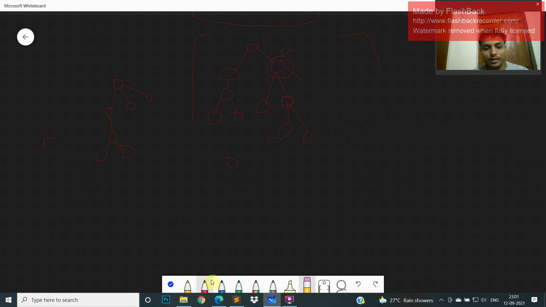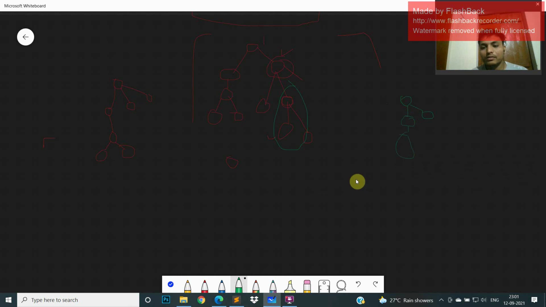Then again, this is the bud, I will cut here, and the best scenario is that I will rehang them one after another in a straight line, like in a line.